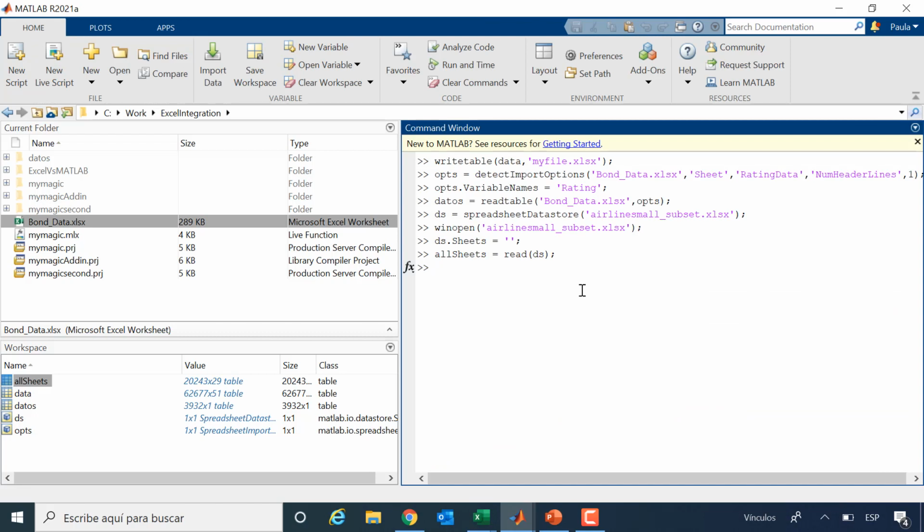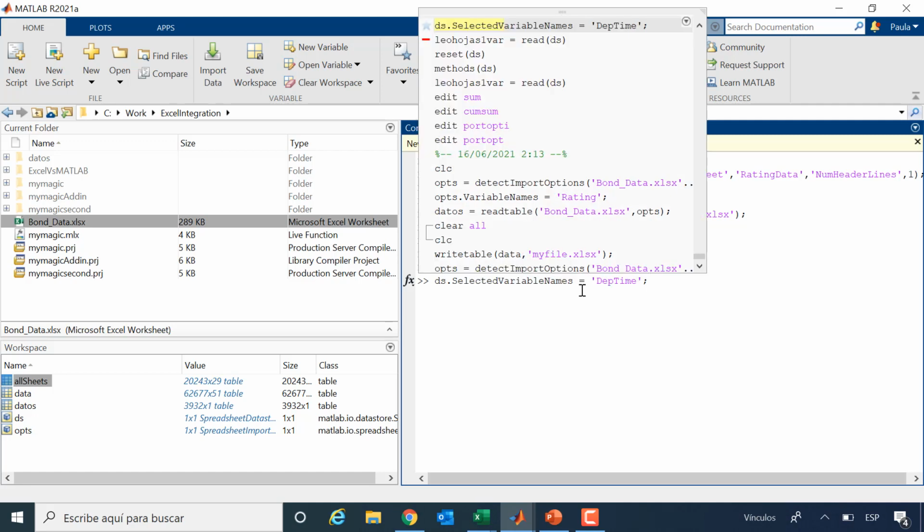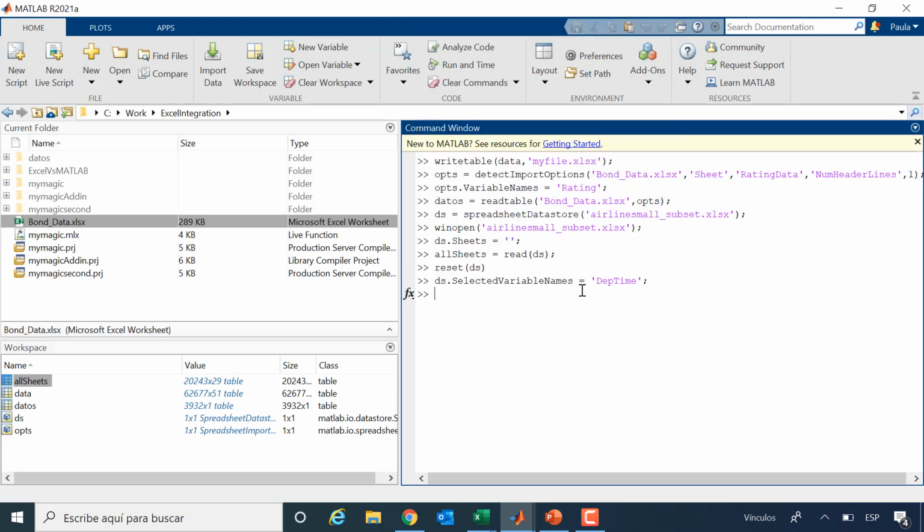Okay, so what happens if I want to read all the sheets, but only one column out of all the sheets? Then I will reset my datastore so it gets ready to start reading again. And then I go and say DS, and I specify which column.